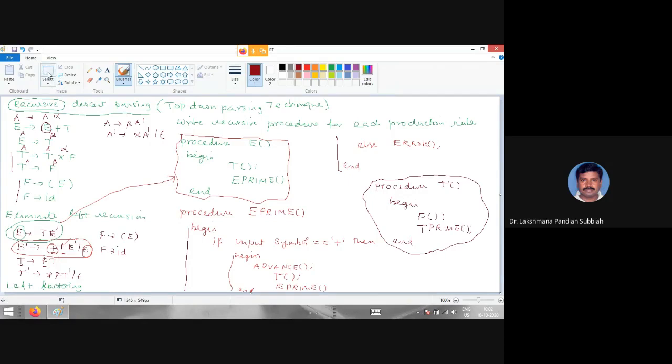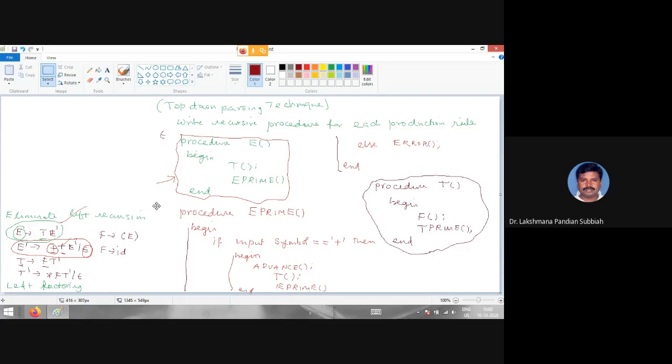I erase this one. Here you have to write that one, right? So how do you write that one? The same way you have to write here, star, here you have to change that one. So how do you write this?